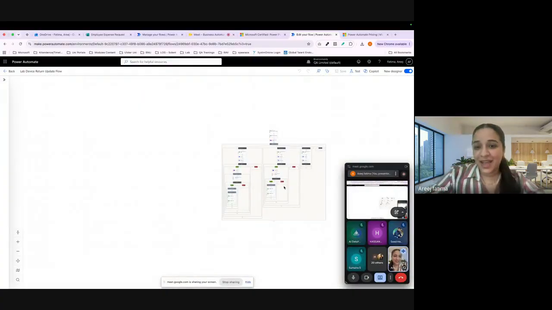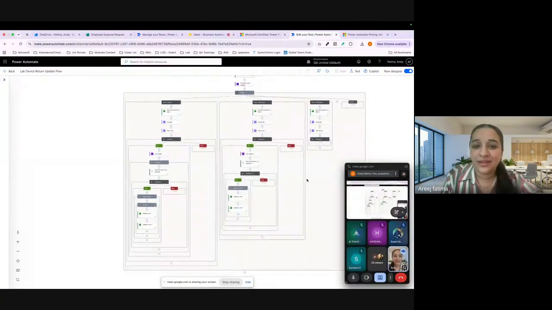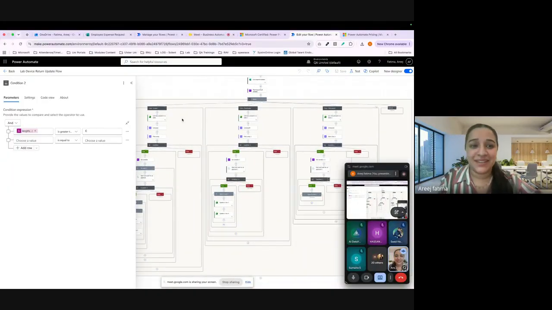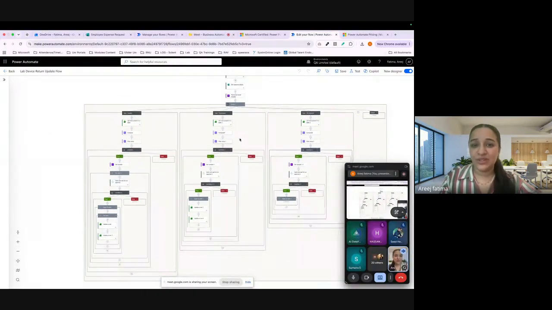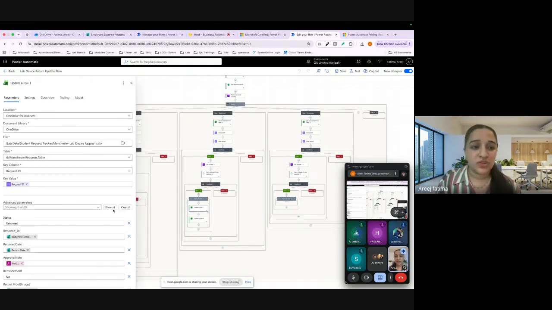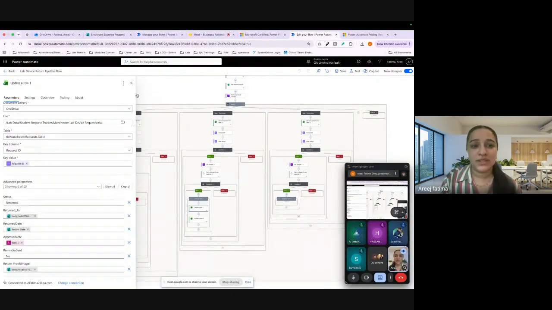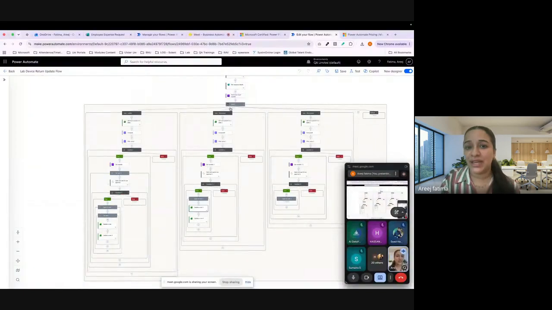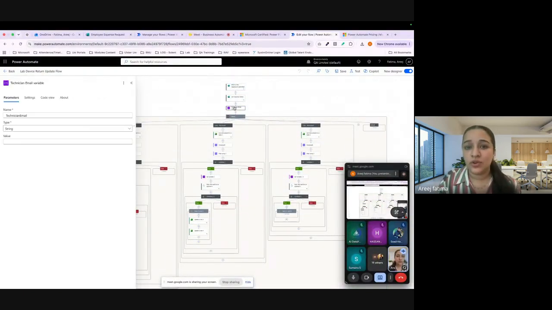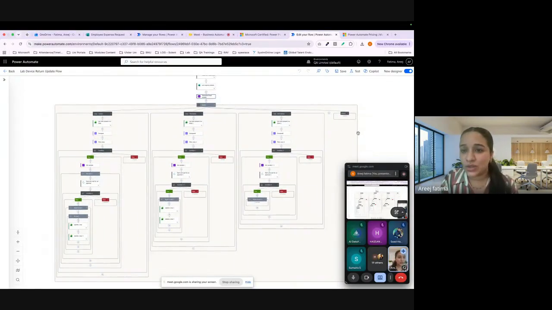Okay, it looks like a type of flow chart. Yeah, these are the flows. Inside these flows we have the switch option, so we can use switch conditions. We have the condition option if we need to define any type of condition. We have Excel, where we can define which Excel sheet I want to link. There is the forms option as well, if we need to attach any type of form. If we need to develop any type of variable, we can develop that as well.